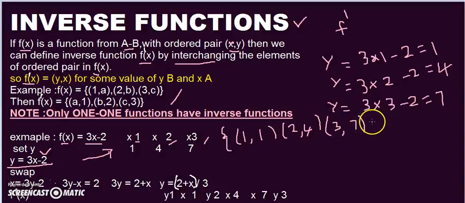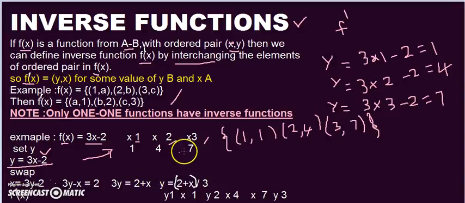How will you get the inverse function of your f of x? You will get the inverse function just by interchanging the elements, right? Now you just check whether this is a one-to-one function or not. Yes, while observing this, it is one-to-one. Every value in the domain is associated with only one value in the range. It is not associated with multiple values in the range, right? So it is a one-to-one function, so I can go for an inverse function for this.